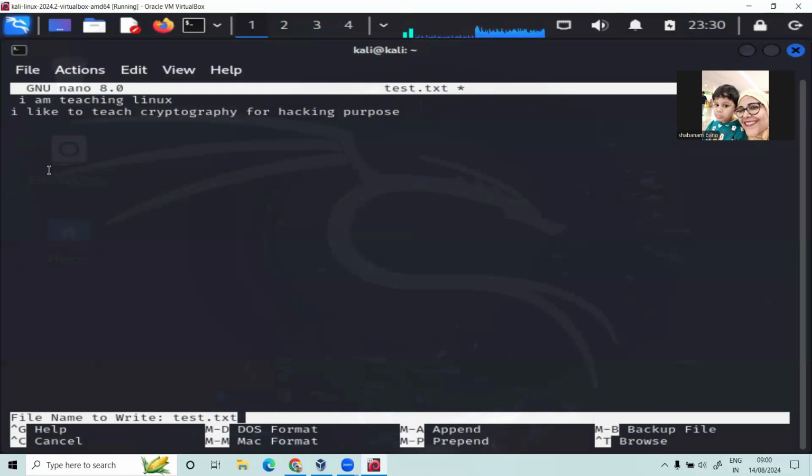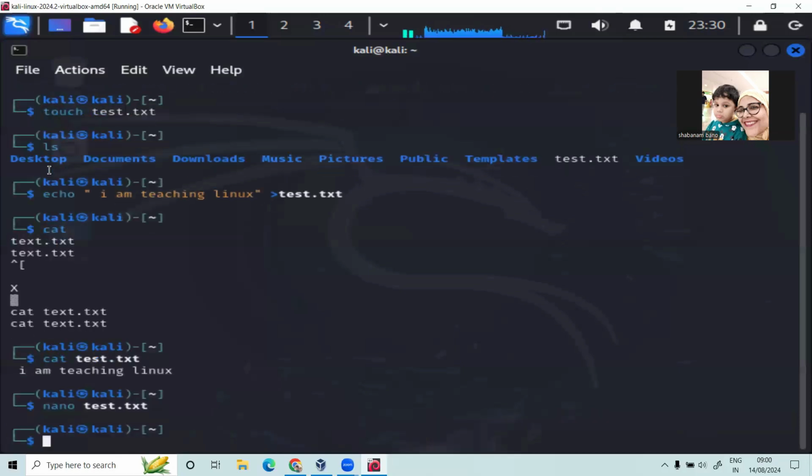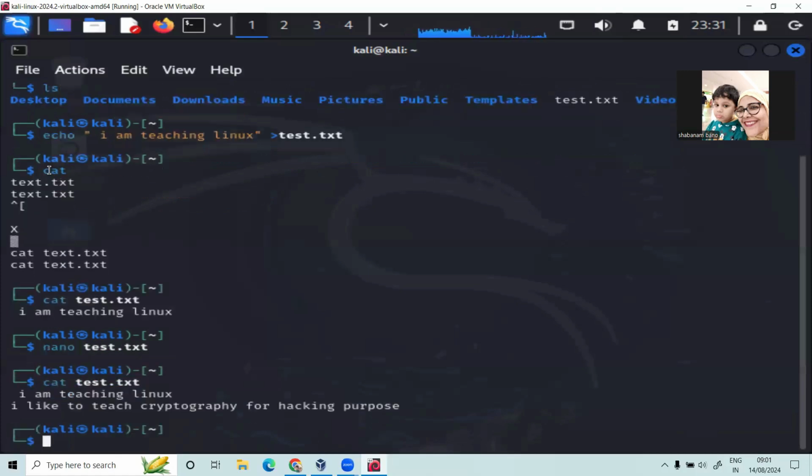If I have to change the file name, I can make changes here. If I want to keep changes in the same file without changing the file name, I will hit the enter button. Now if I type cat test.txt, it will show this.